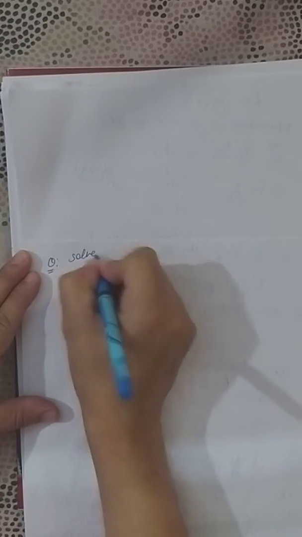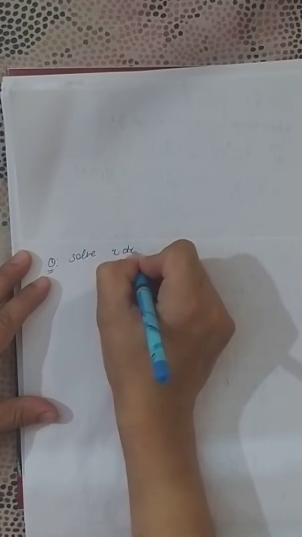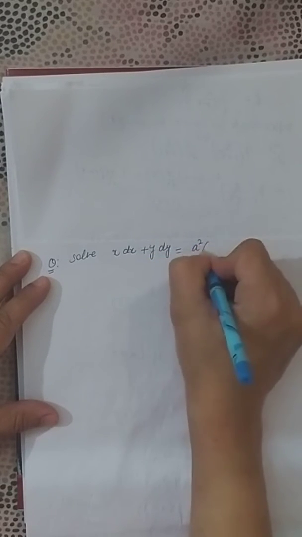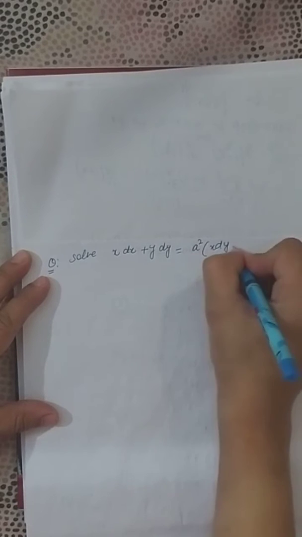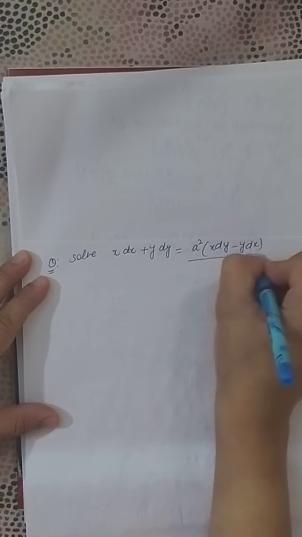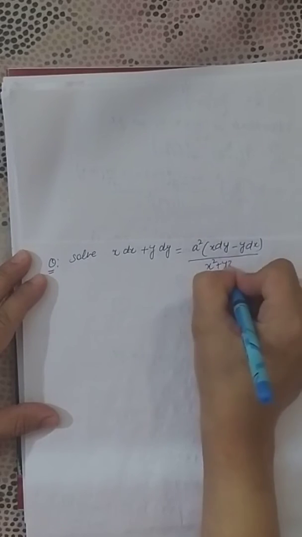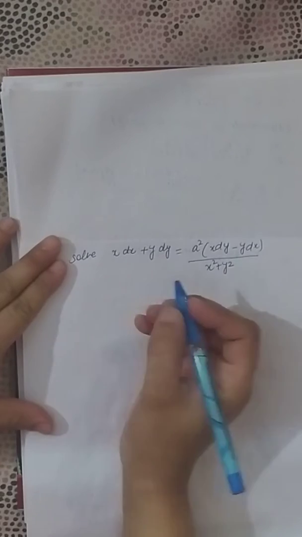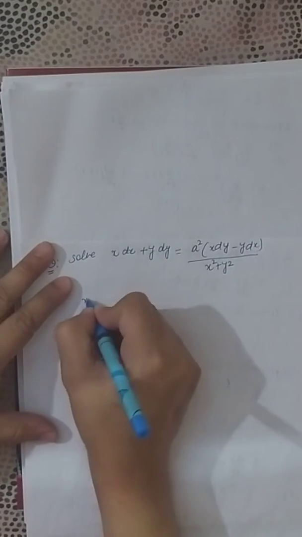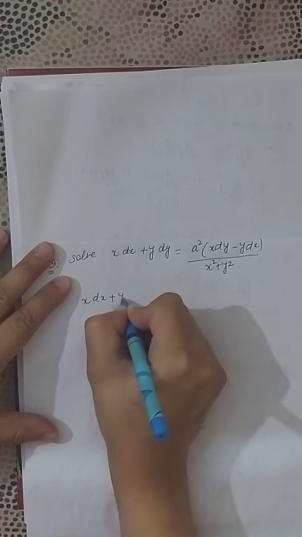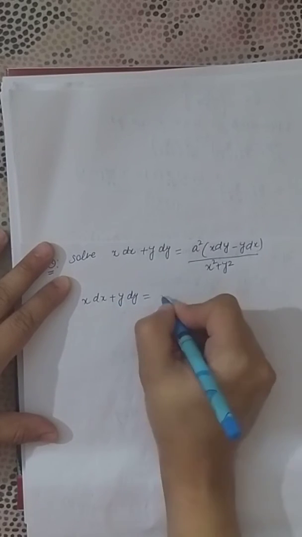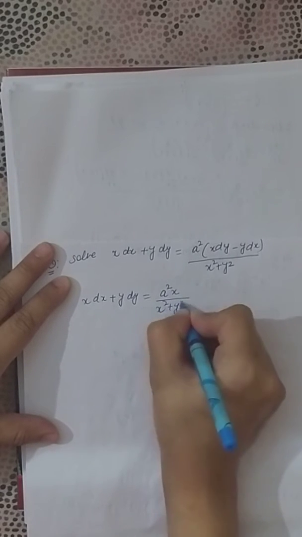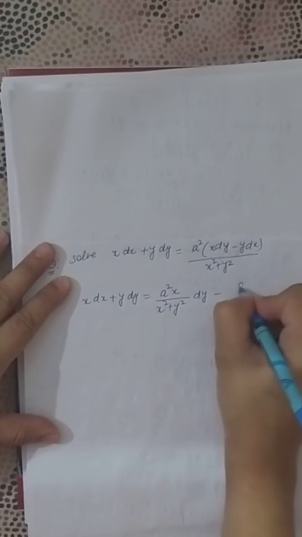Solve x dx plus y dy equal to a square (x dy minus y dx) divided by (x square plus y square). Now it can be written as x dx plus y dy equal to a square x divided by (x square plus y square) dy minus